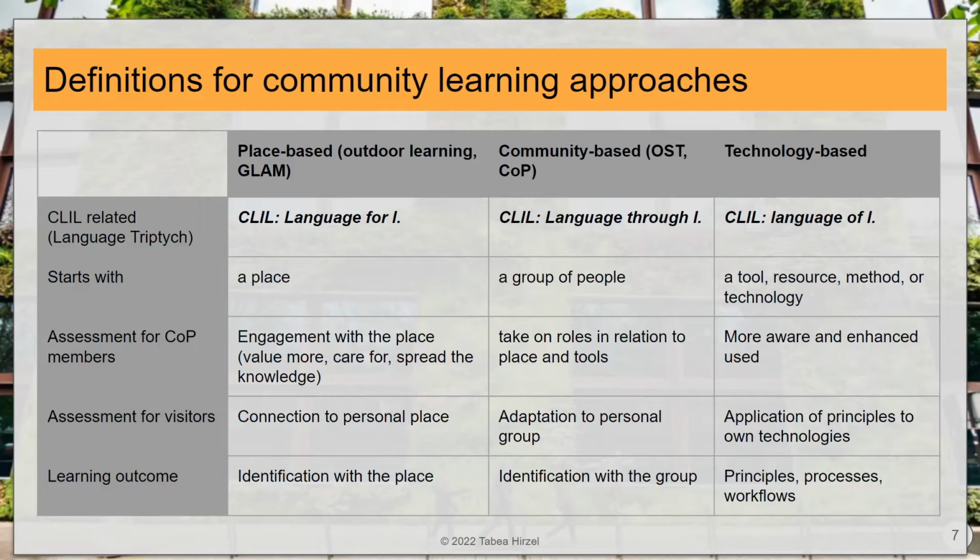Like if you are a German and you want to live in China, you should learn some Chinese to move around in this place. Language through learning is actually when you engage with people. Let's say you are learning Greek and you go to Greece, or you know Greek people in your area, and you speak with them, you are constantly learning. So that is also the community-based approach.